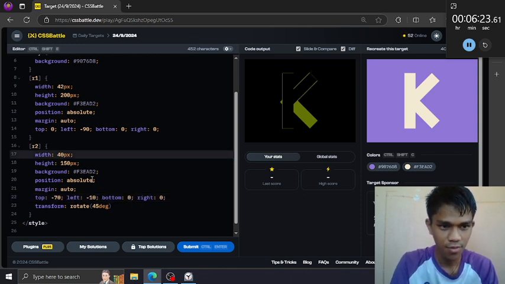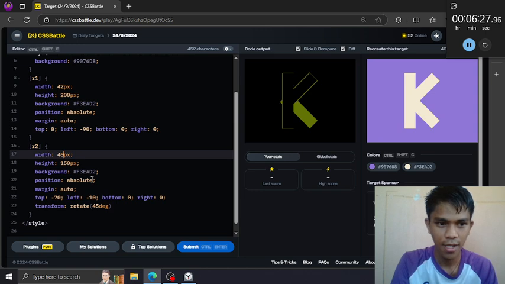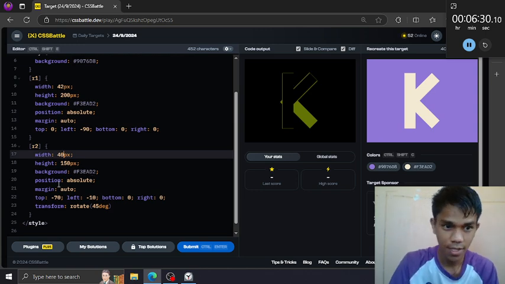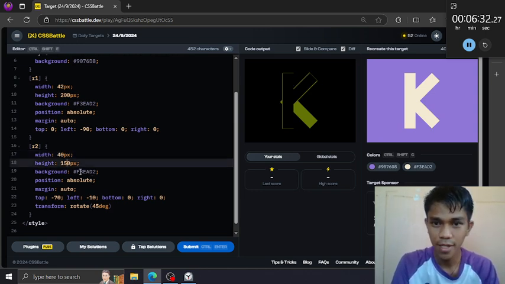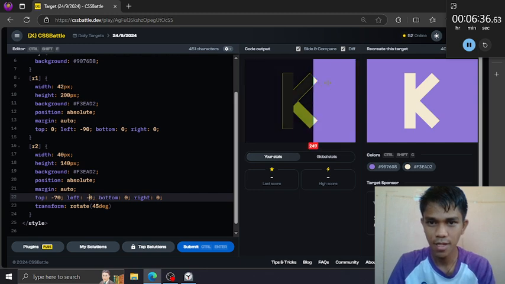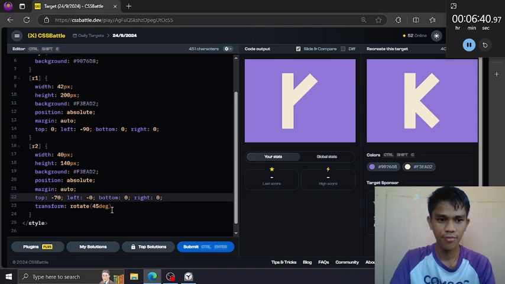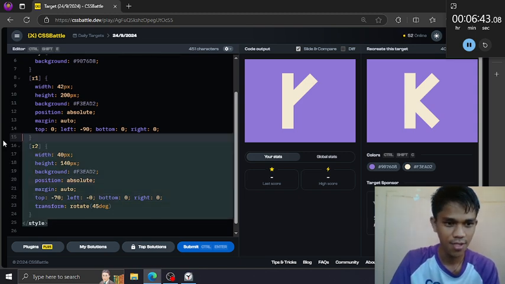Reduce the width to like 35. I mean the height to 140. Then make this center. Okay. To remove the excess, I would take this. This is taking too much time.